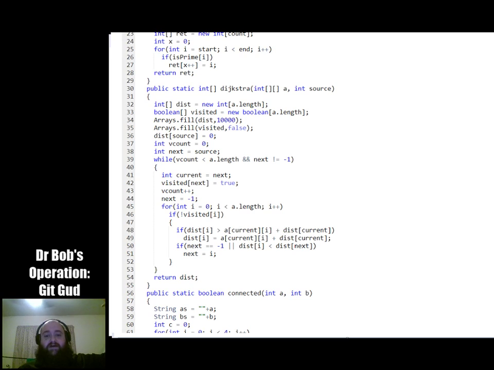So the way that works is for every node in the graph, you're going to have a row and column of the matrix. And then if there is an edge from one to the other, there will be a 1 in that column. If the nodes are the same, so along the main diagonal, you will have a 0. If there is no edge, you will have infinity. But I'm representing infinity with 10,000 because it's bigger than any path we'll ever find.